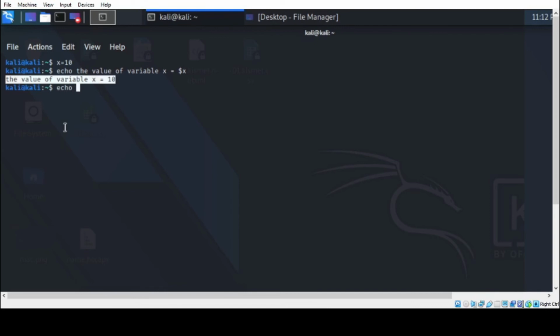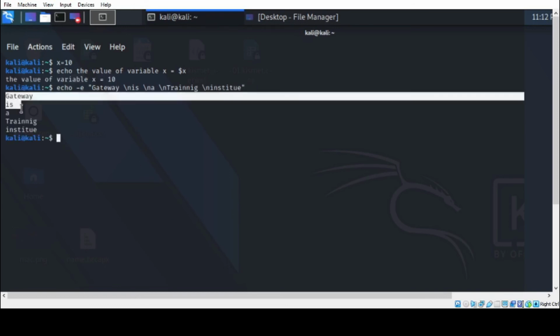Echo space -e, where e is our interpreter, inverted commas start, put your string: gateway \n is \n a \n training \n institute, inverted commas close and press enter.